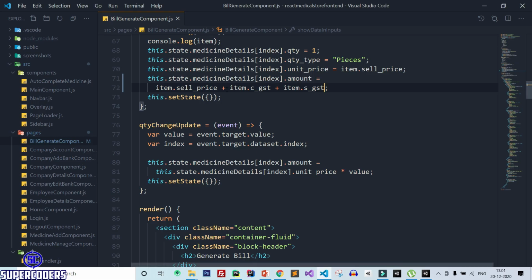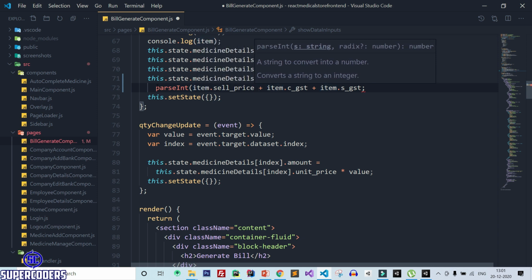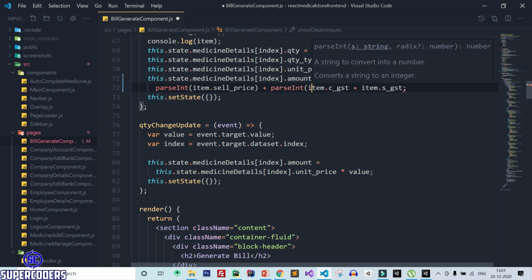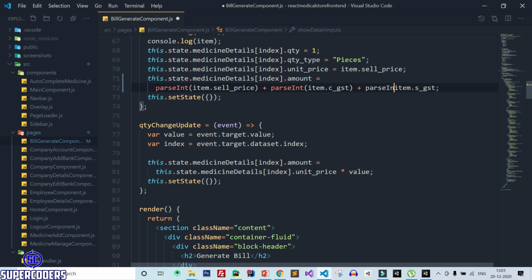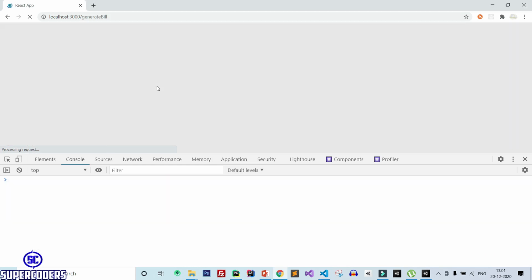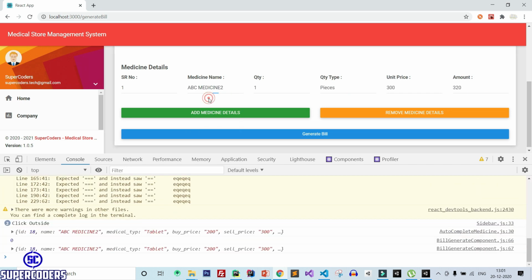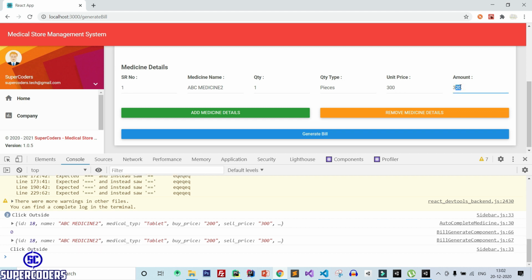So again, here simply parseInt, after that parseInt, after that parseInt. Now save it again, back to Chrome, and let's check medicine again, and you can see this time it will calculate the GST amount also.